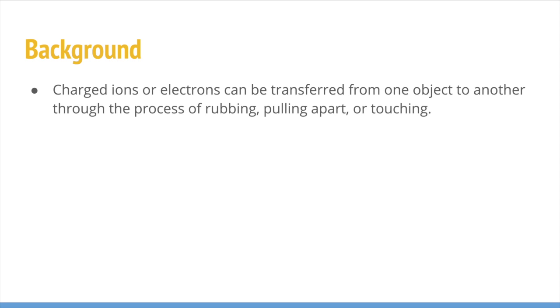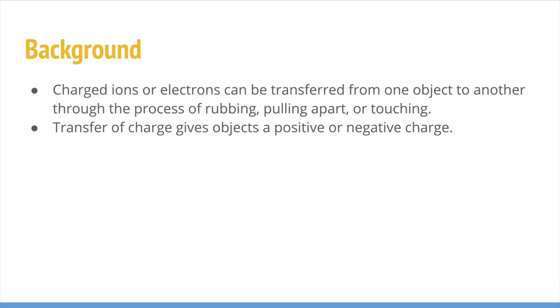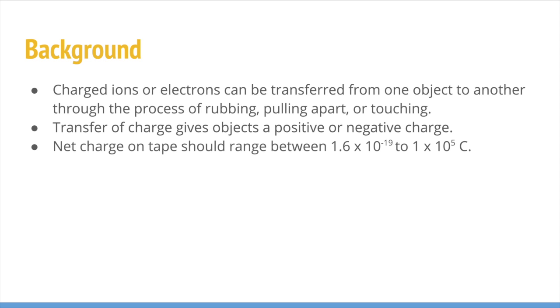So, a little bit of background on this lab. Charged ions and electrons can typically be transferred from one object to another through the process of rubbing, pulling apart, or touching. The transfer of charge gives the object either a positive or negative charge, and in this lab, we're going to be using charged tapes for the object. The net charge on tape usually ranges between 1.6 times 10 to the negative 19